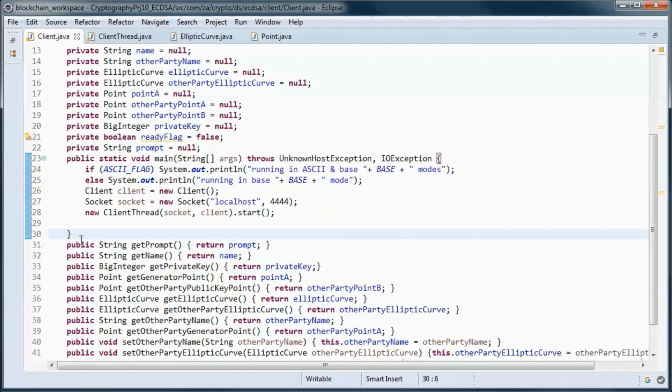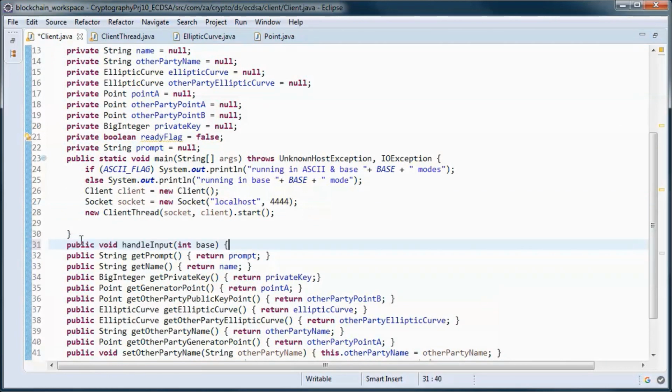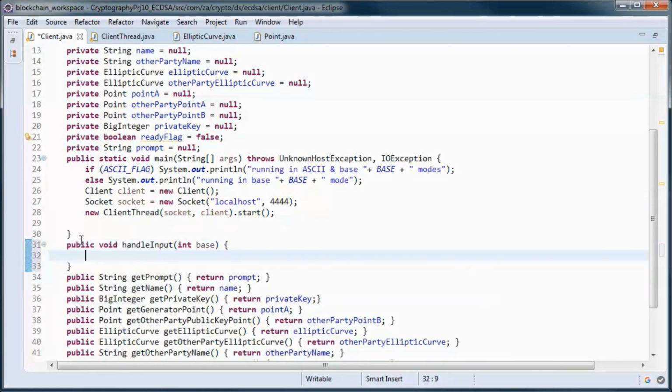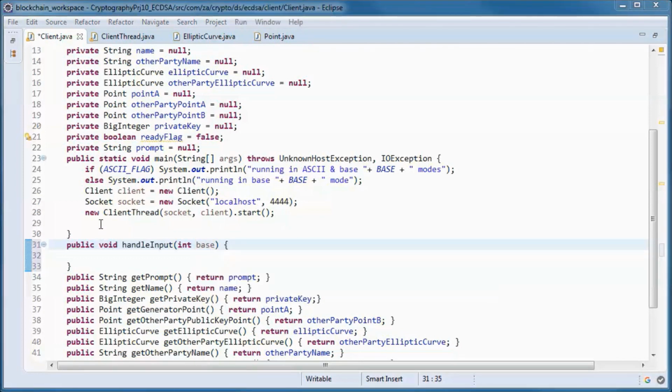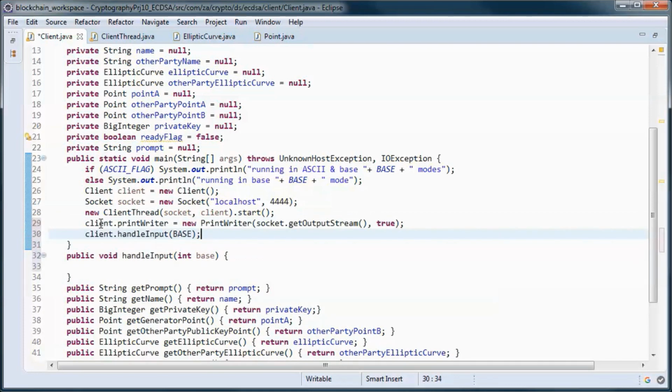And this method does pickup and processing of user input, given the base they enter their numbers in, and we will call it from here.